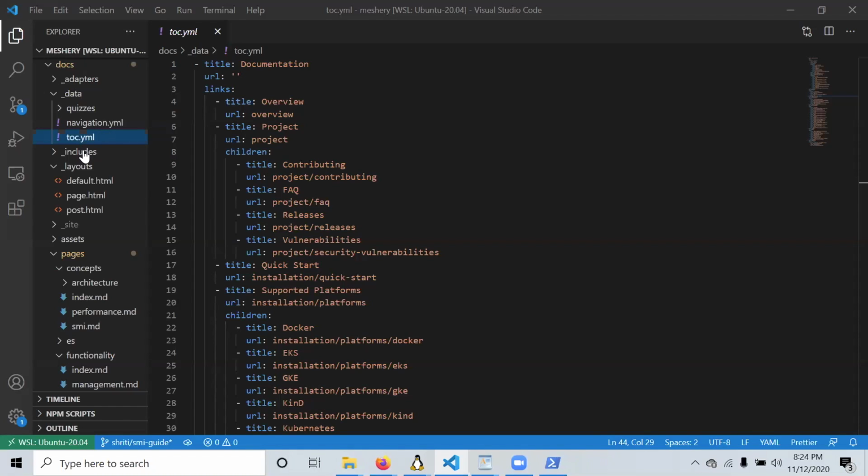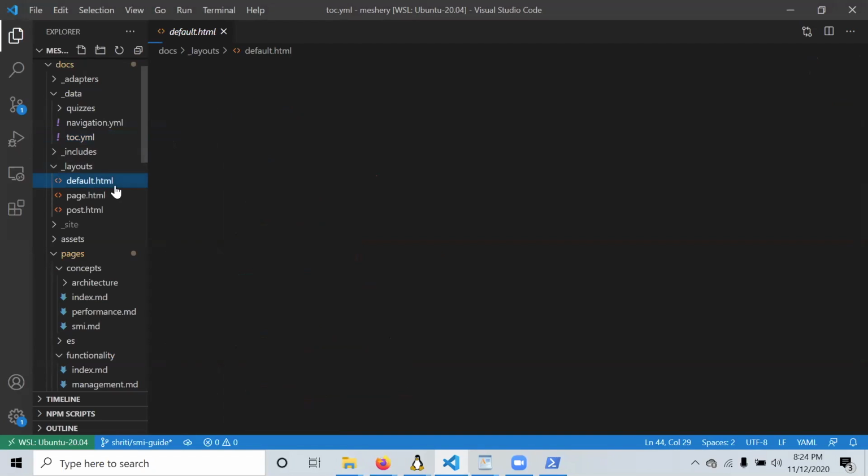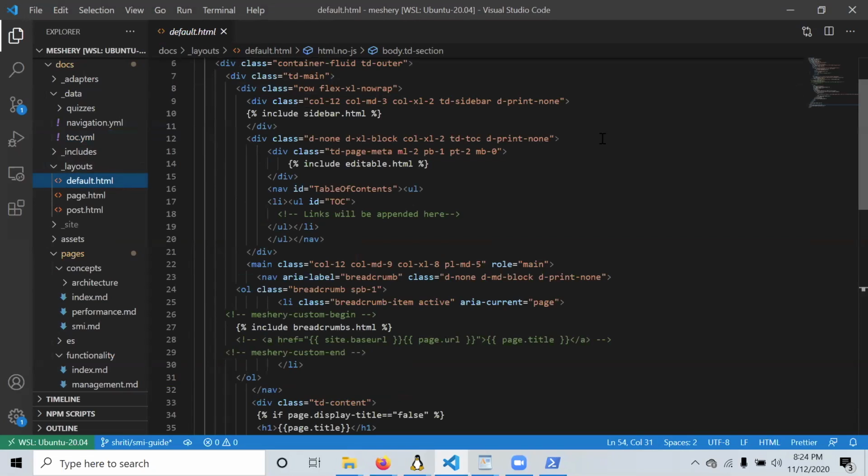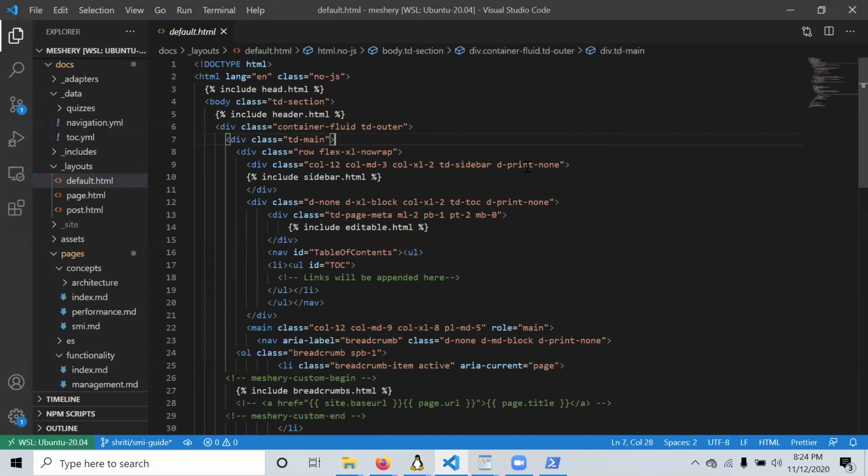Post that, it also defines pre-defined layouts in HTML files, which will be referenced for each markdown file that you add. For example, the default layout defines a basic layout for the entire site. Post that, we keep adding either actual wording, different kinds of customizations or different kinds of pages, whatever you want to add.